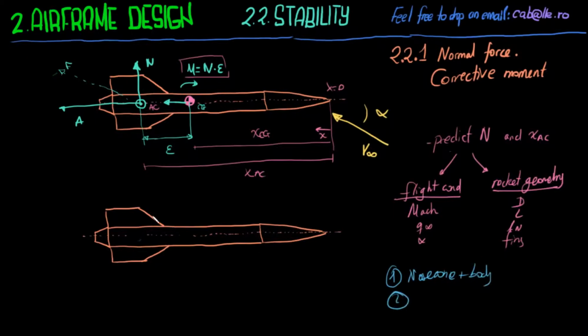Then we have the fins, and we'll study them independently. And then finally we have boat tail, which is this over here, which is like a conical transition that goes from this diameter to this diameter. So we're going to see why we add this, but basically I can tell you now that it slightly destabilizes the rocket, but it reduces the pressure drag a lot. So boat tail,